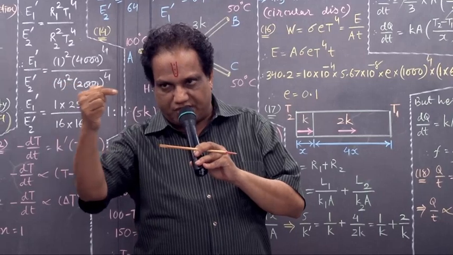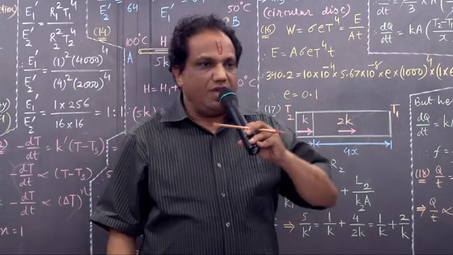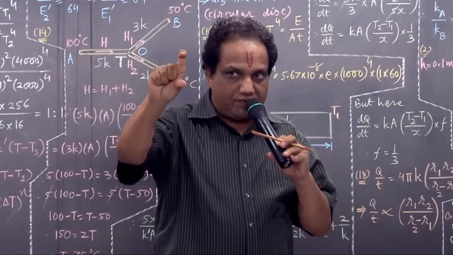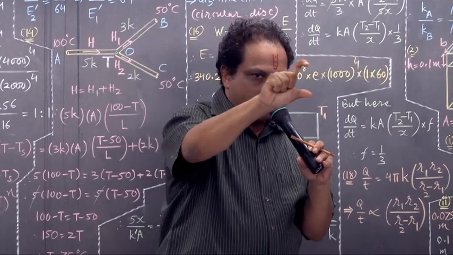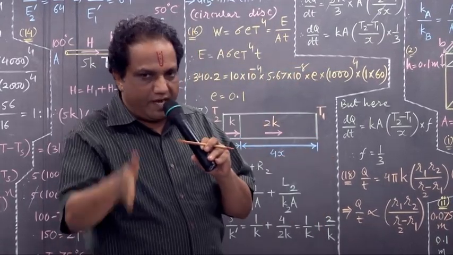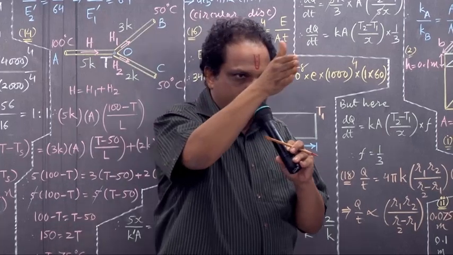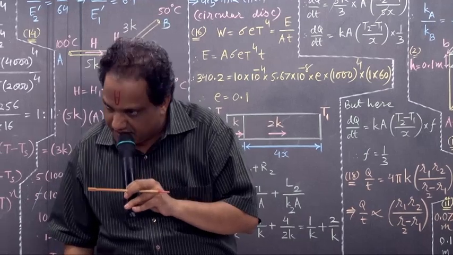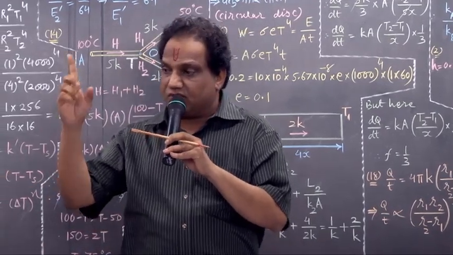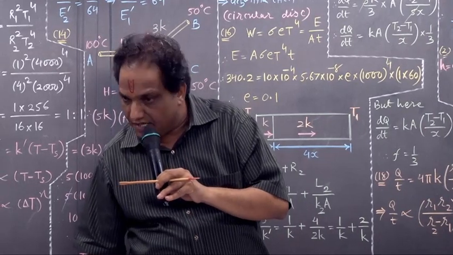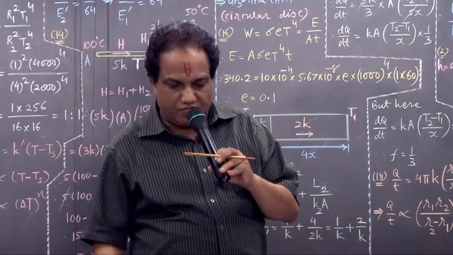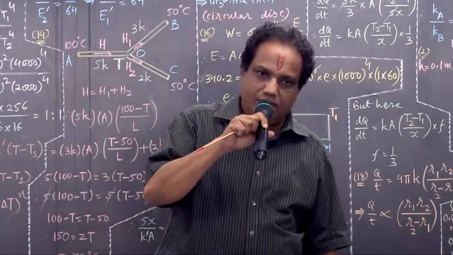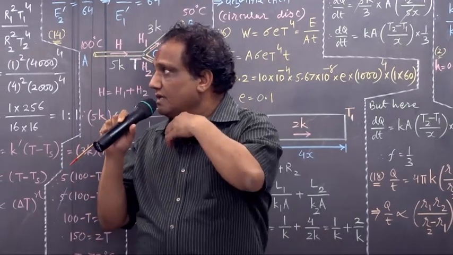Amount of heat passing through each cross section in a given time would be the same, because heat flow has become constant. Correct? Second thing, temperature at each cross section would remain constant with time, because temperature gradient is constant. Correct? So the last option is correct. You see the last option? Simple? Fine. Next.